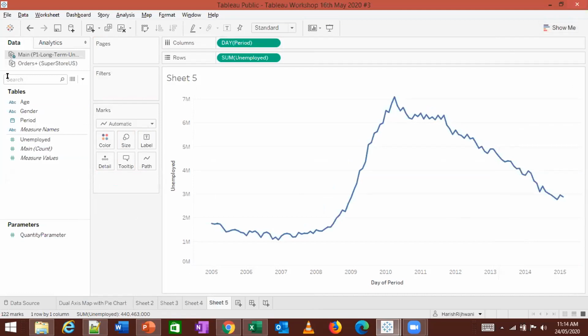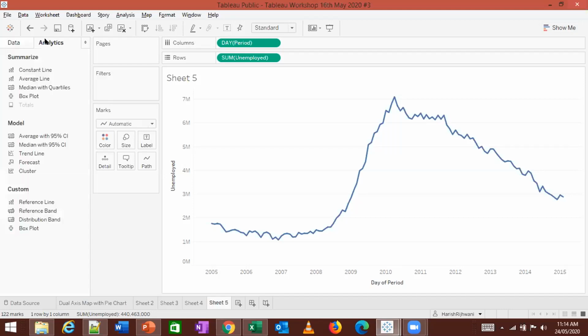Till now we looked at this data option over here. On the top right, there is an option called analytics. In this analytics, you have a lot of options. What you need to do, I want to create a forecast for this. When I'm looking at forecasting, there are 4 specific aspects in a forecast.